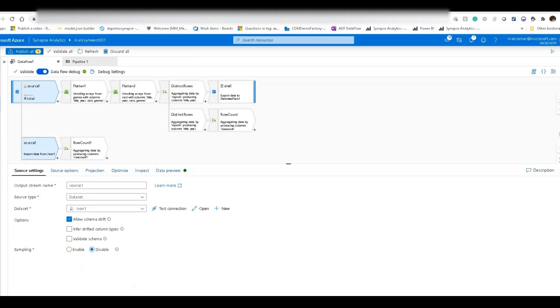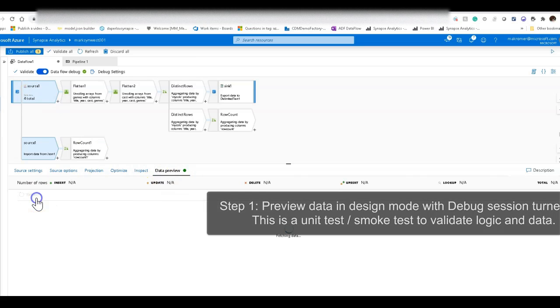Okay, so on my design surface you see a data flow I've already created. It's just taking some JSON data coming in. I have a couple of row counts. I flattened some of the hierarchies in that JSON because I'm going to store it into a CSV, and then have some distinct rows in here so I can take out duplicates. Now, as my first step in testing, building, designing, and debugging this data flow, I add in my transformation steps, I build my map, and then in each step I'm going to do a data preview to check if the data and the logic is correct.